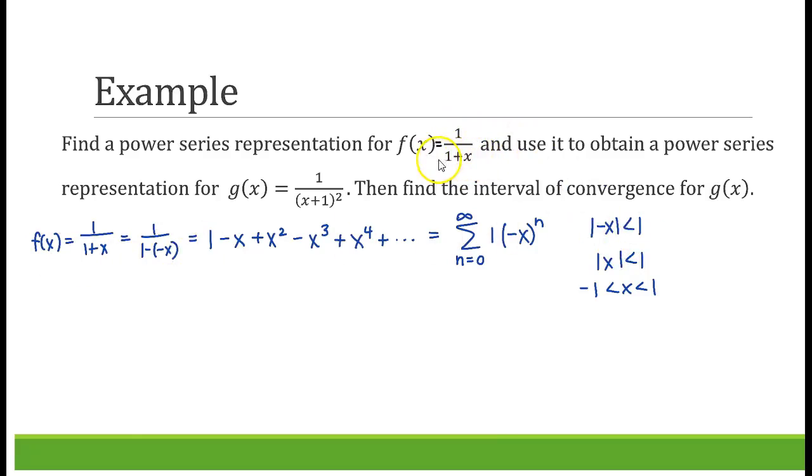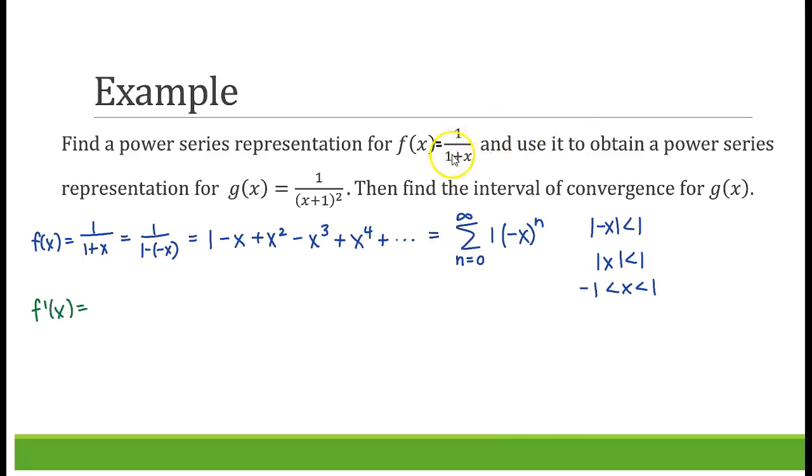So what we want to do is use this power series representation to find a power series representation for g of x, which is 1 over quantity x plus 1 squared. So we need to think about how f and g are related to one another. And we should be thinking related through either differentiation or integration. Well, to get from f of x to g of x, there's going to be a derivative involved, but it's not quite perfect. So f prime of x,